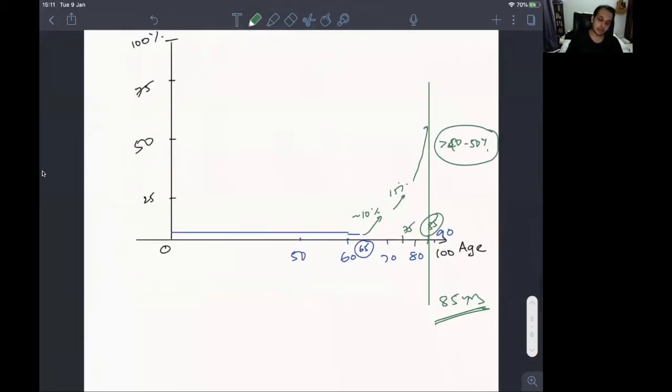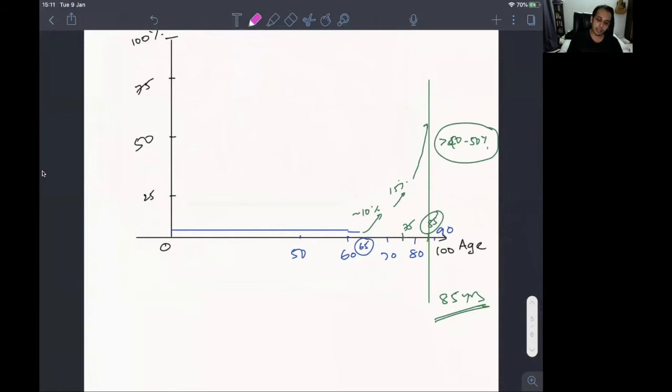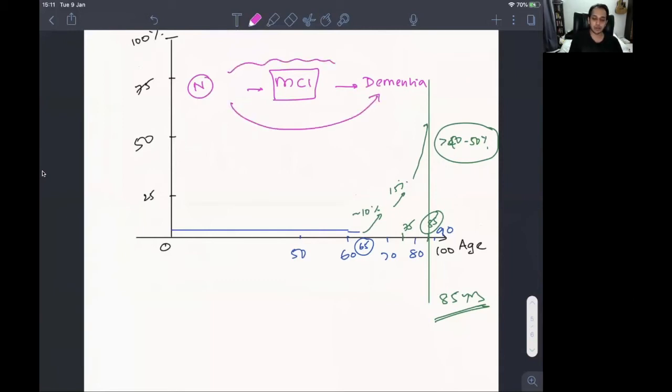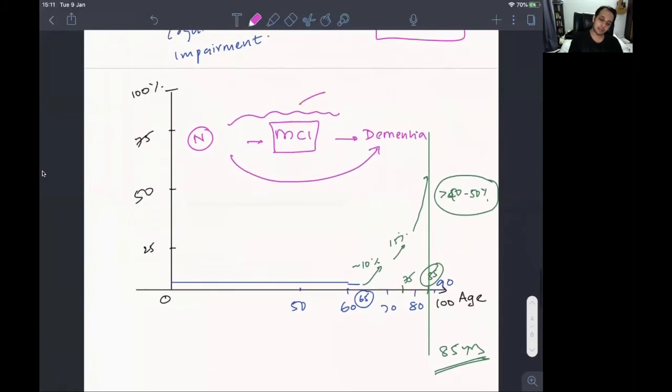Now, the reason that MCI is important is that before somebody reaches dementia, they usually have MCI. So if this is a normal person, before they reach dementia, they will usually go through the stage of MCI. And if you diagnose MCI early, then we can investigate and start treating prophylactically